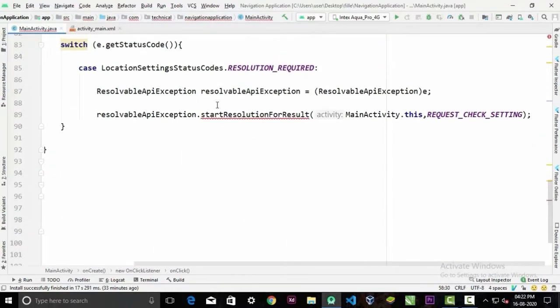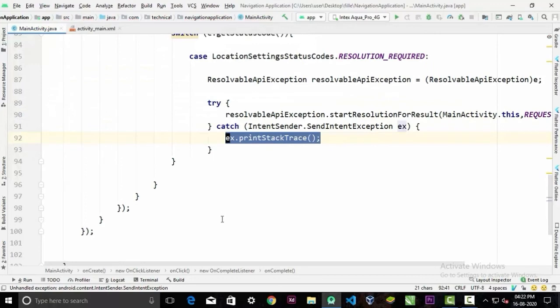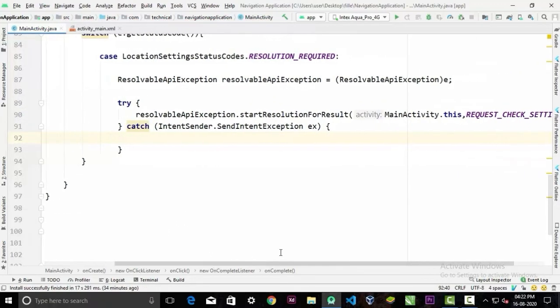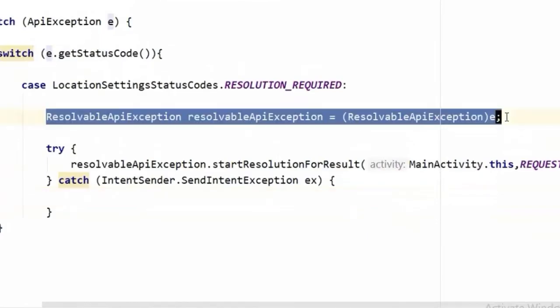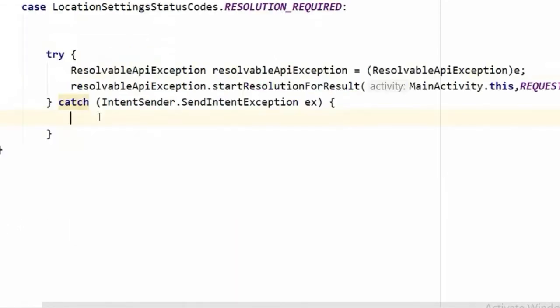Now this will cause an error. As before, surround it with try and catch and resolve the error. Now we can simply paste this line inside the try. Ignore the catch and simply write break.